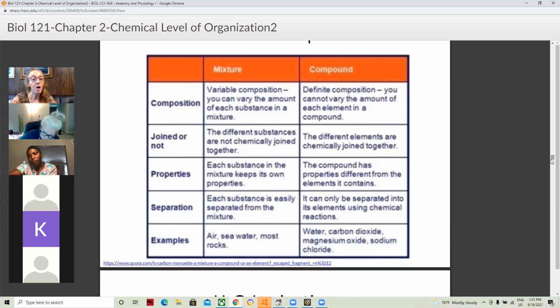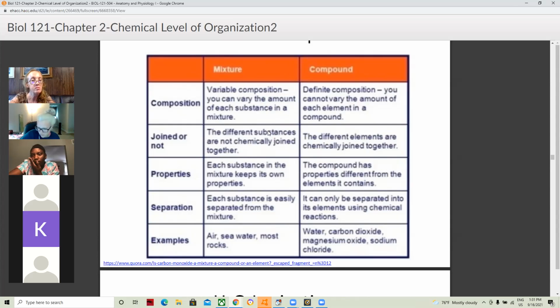Mixtures keep their own properties. Each substance in a mixture, because it's not chemically bound, keeps its own properties. A compound has different properties based on what elements it contains. In a mixture, each substance is easily separated. In a compound, the only way to separate the different substances,